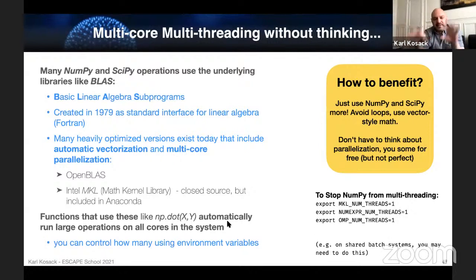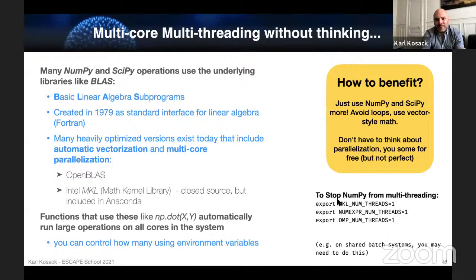If the problem is big enough, I think it does make some decisions about that underneath, because sometimes the overhead of starting multiple threads can be larger than just running sequentially. So the point here is that you can benefit just by writing NumPy code and avoiding loops, and you'll use your CPU very efficiently.